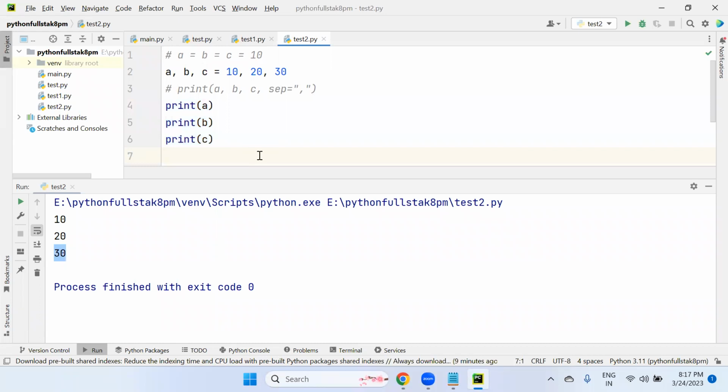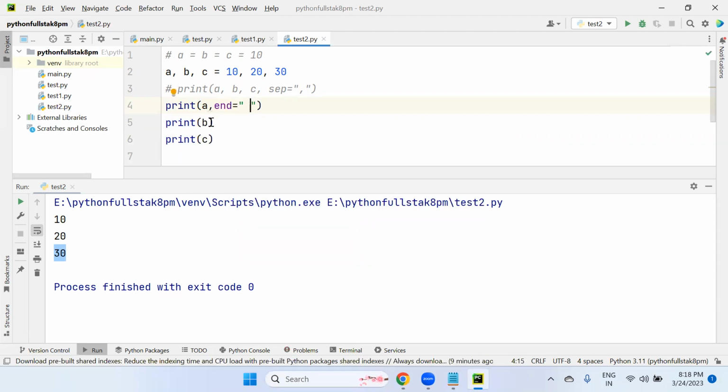If we have 3 print functions, how do we bring this output onto the same line? There is an attribute called the end attribute, end equal to some space.